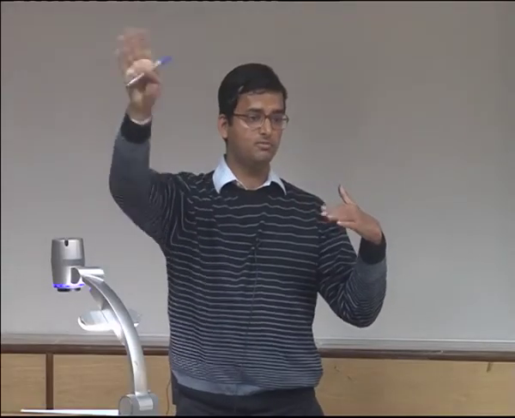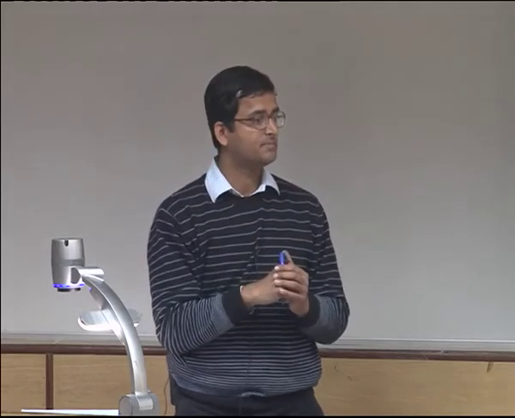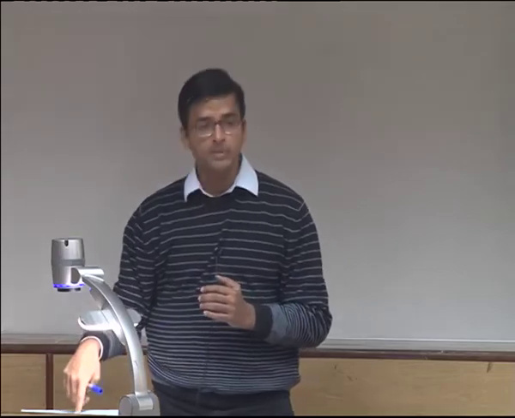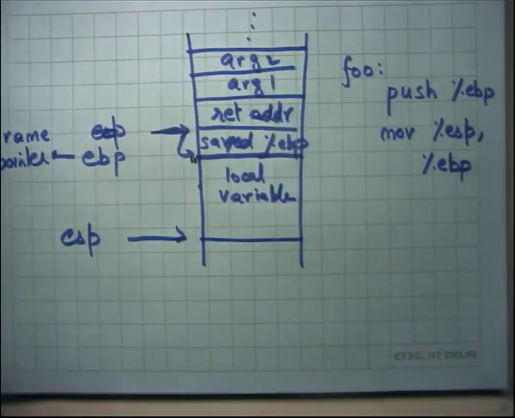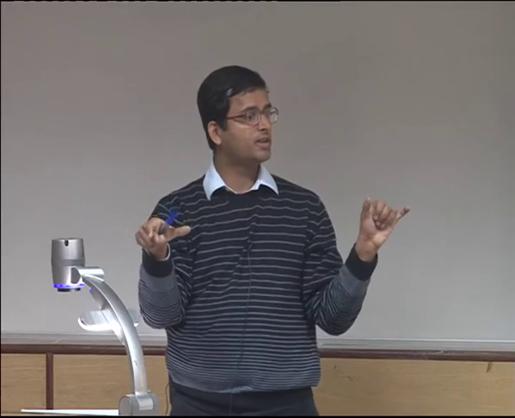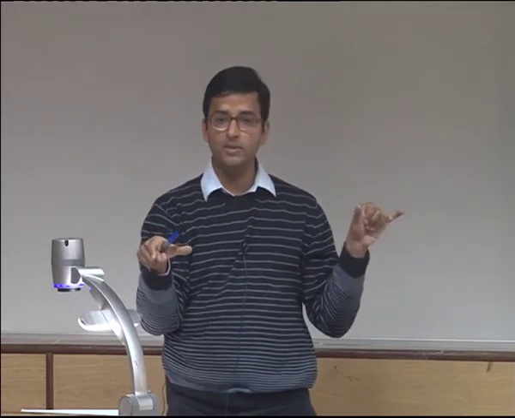That's argument number 10 if all arguments are integers, let's say. So it acts as a frame pointer, and the saved EBP is the frame pointer of the caller. So I made a call. At the entry of the function, the EBP value would still be the frame pointer of the caller. I first save the frame pointer of the caller, then I modify the frame pointer to my own frame pointer. I just modify EBP to my own frame pointer, and now I start allocating local variables.